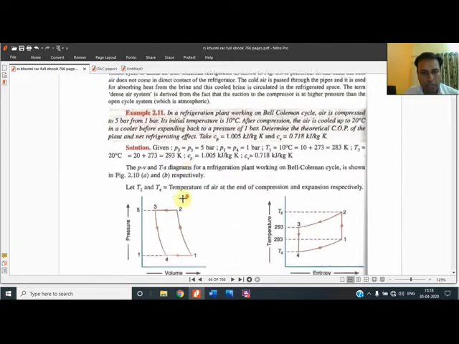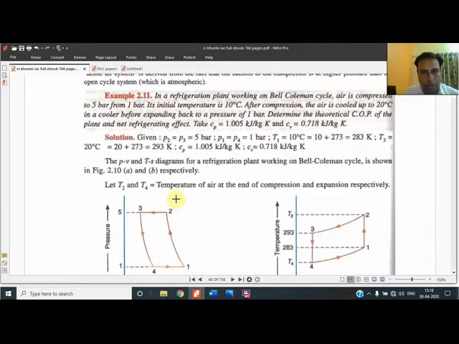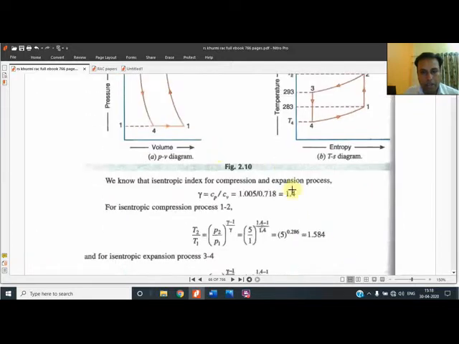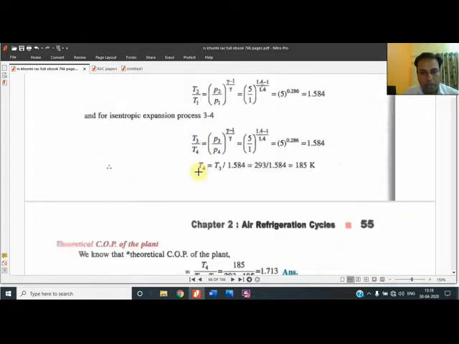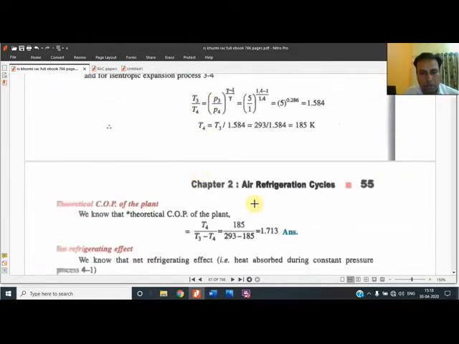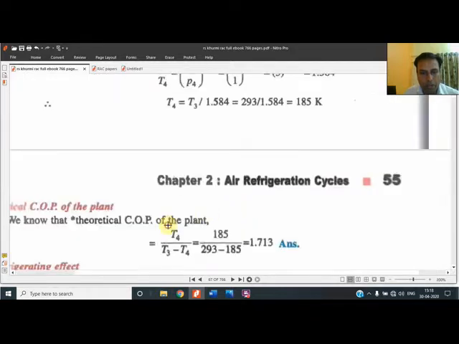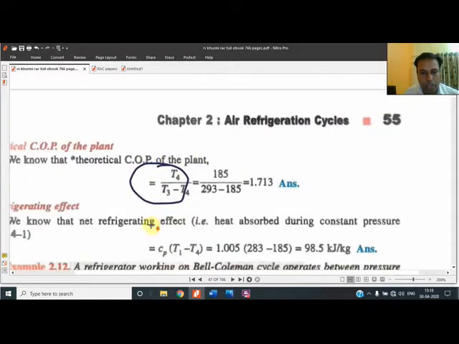Because in the question you will see, in the first question it is a simple question, the expansion and compression are taking place, because when you take the Cp upon Cv, the value they have given, you will directly get 1.4. By checking also you get that Cp upon Cv is 1.4. So there is no problem. We will use in this question the first formula, that is the simple formula, T4 upon T3 minus T4.